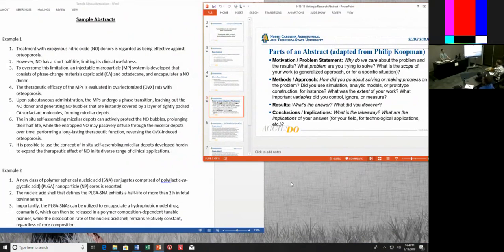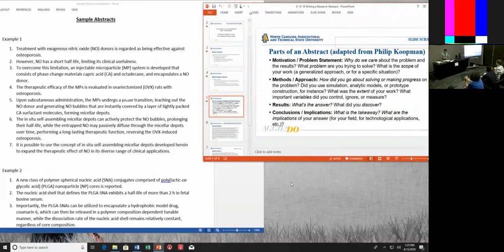All right, so let's bring it back as a kind of discussion. In looking at this abstract, how well did you find it mapped onto these components, or vice versa? How well did these components map onto this abstract? Were you able to find all of them? Could you figure out where each sentence falls?